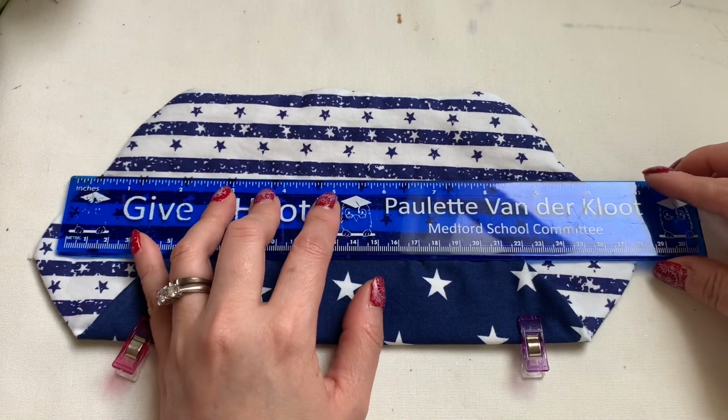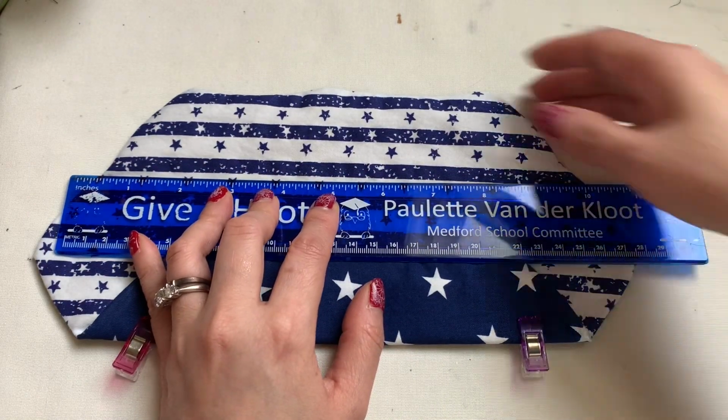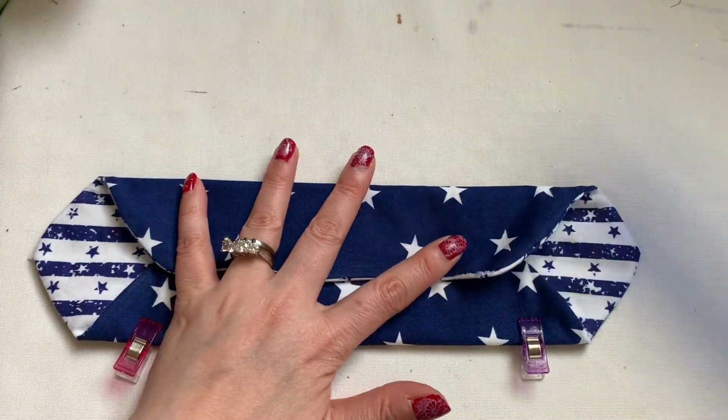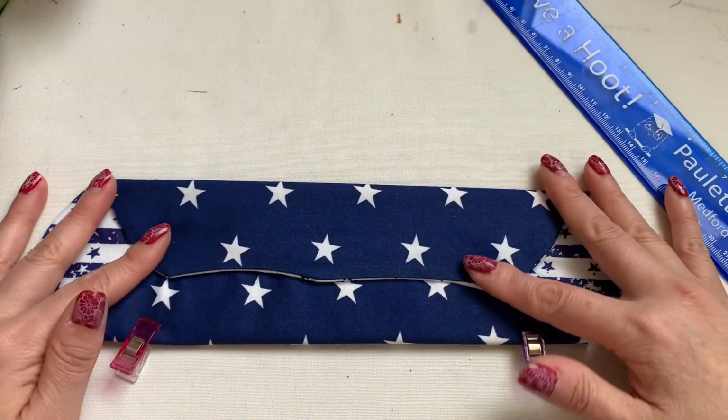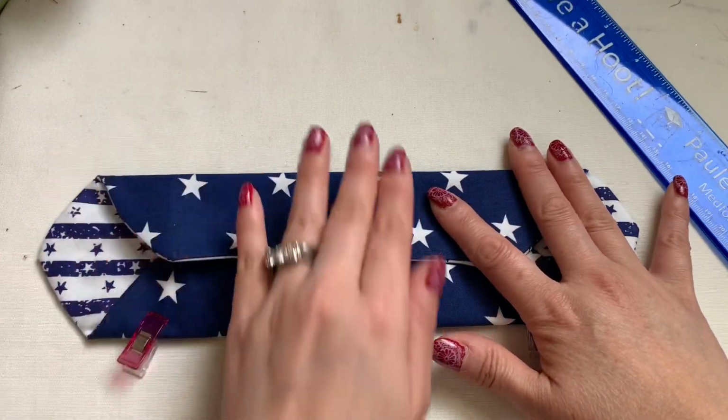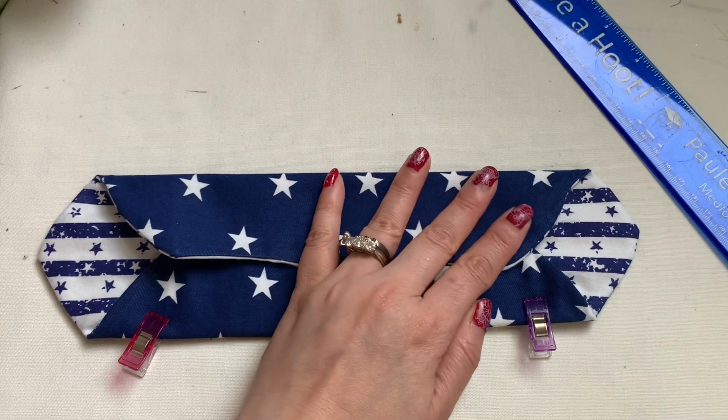On the top here, you're going to do exactly the same. You're going to get the ruler. The ruler is the easy way to do it, everyone. So just pull this down and then move this. So now you have it down nice and even, just like this, everyone. When you have everything nice and even like this,